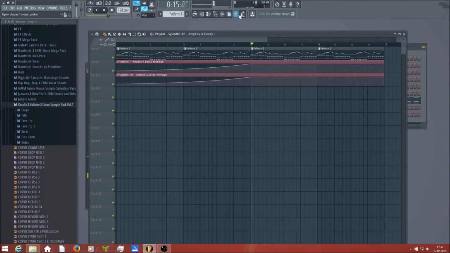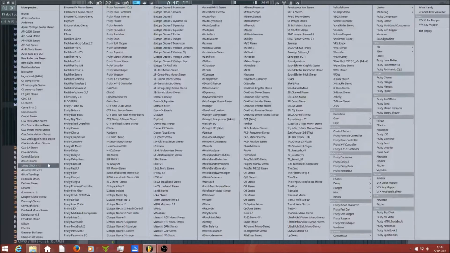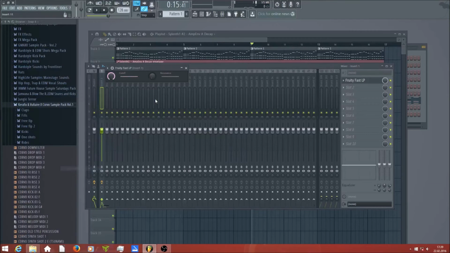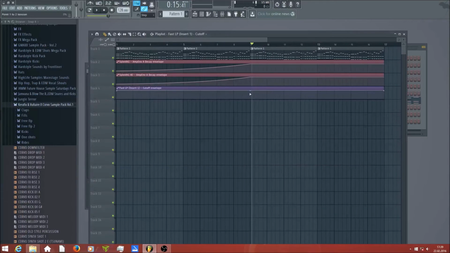And the second way to make it more interesting is with a low pass filter or a cutoff. If we start with a low cutoff amount and then we increase it over the half of this breakdown,